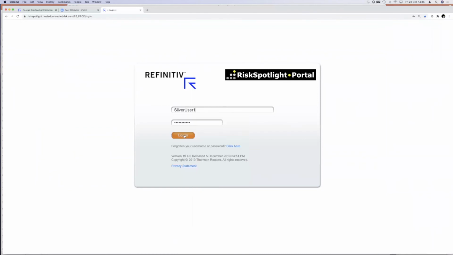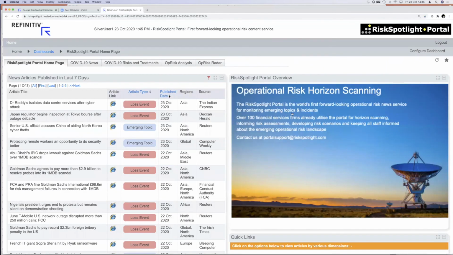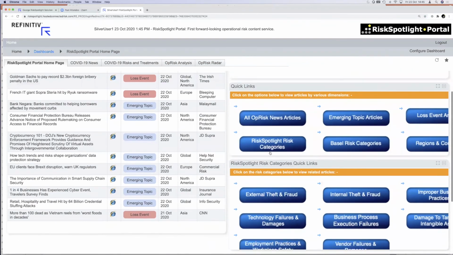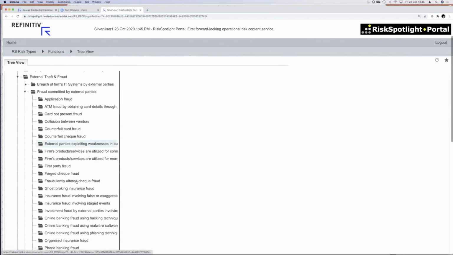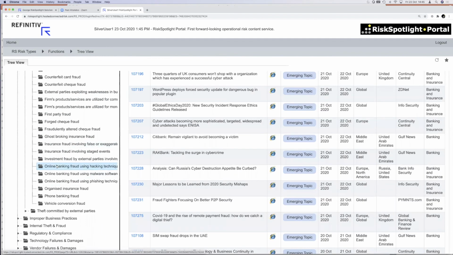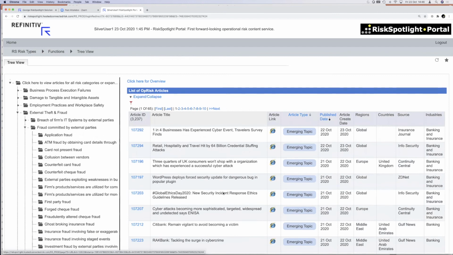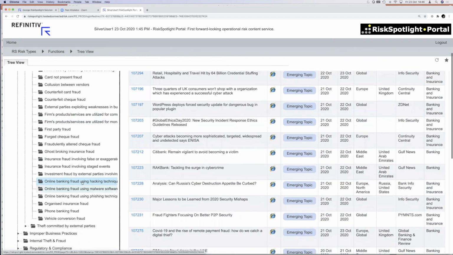If I go in as a user, this is an operational risk horizon scanning service which we provide, which gives you a view. I'll use this in the context of risk assessment. Say I'm going to Risk Spotlight category, and I'm doing an assessment of online banking fraud risk. I just need to click on online banking fraud, and then I will get all the news articles of what is happening in the world on the online banking fraud risk. So now I don't have to go to Google; we have done that research of organizing all the relevant information and structured it by the risk you are assessing.